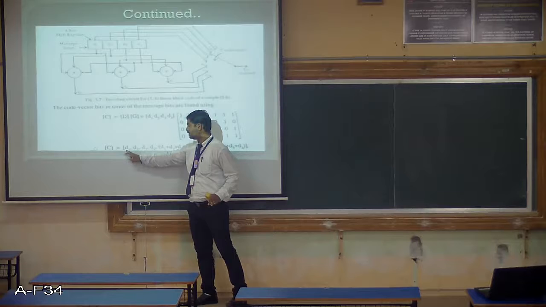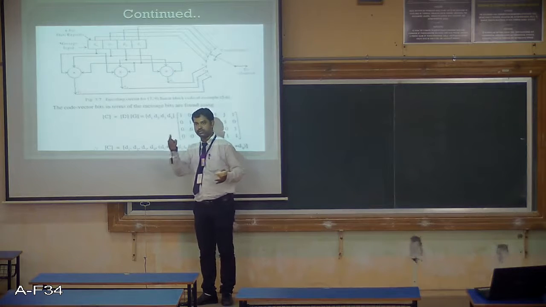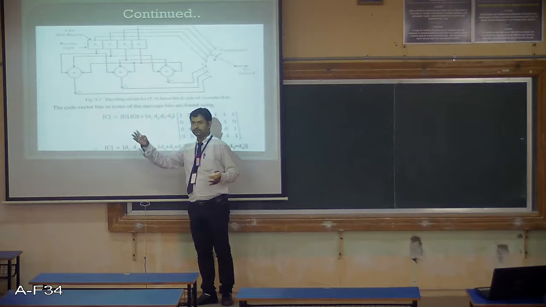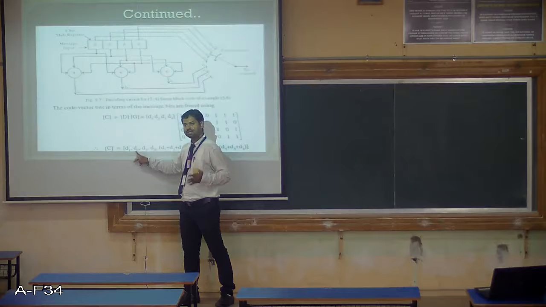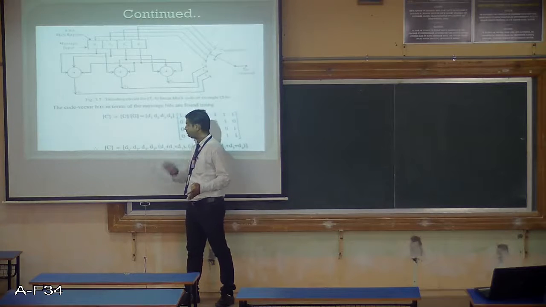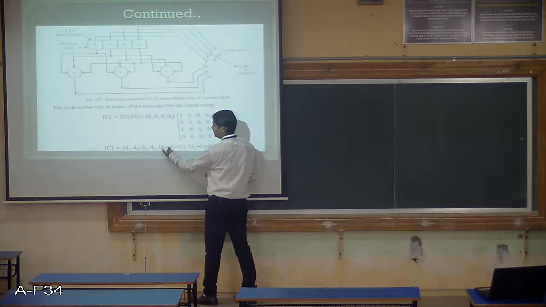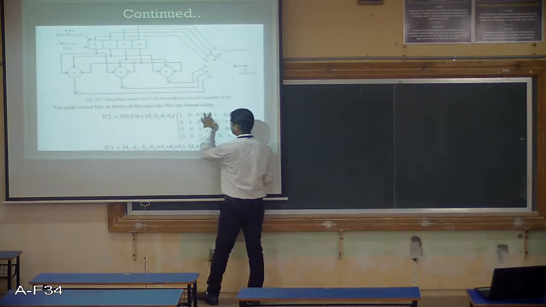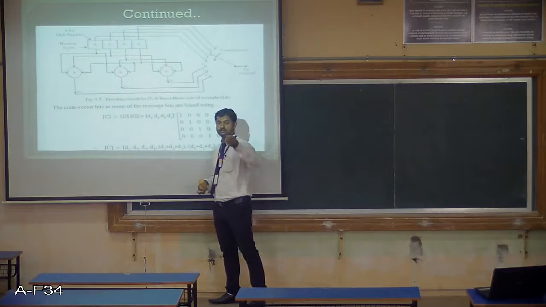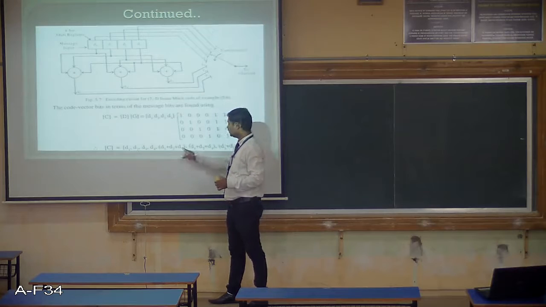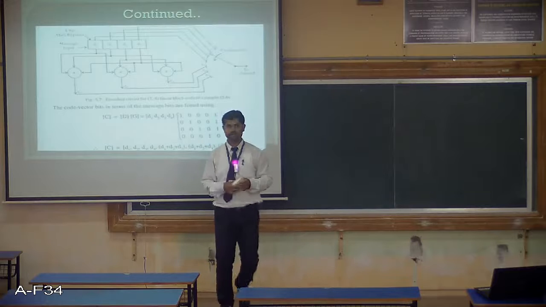So the first bit of the code word is D1, the second is D2, because you know how to define the code words: Ci is equal to Di up to k. K is 4 here. So your C1 is the same as D1 only, C2 is the same as D2 only, up to 4: D2, D3, D4. Next, C5 will be defined like this. This equation will change based on the type of the parity matrix. It depends on the value of the parity. Now by referring to this equation, I can draw my encoding circuit.